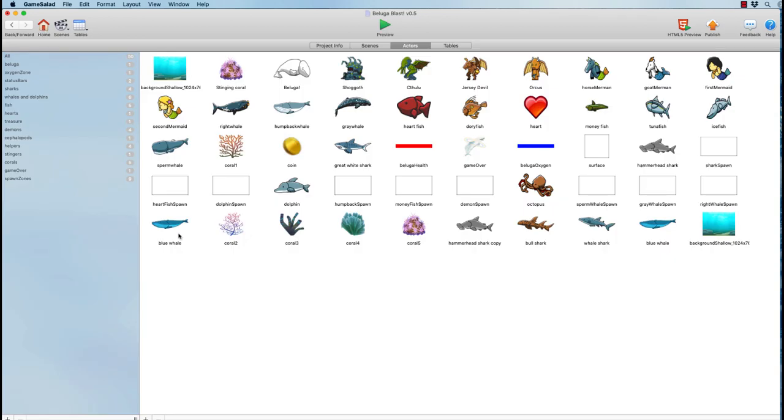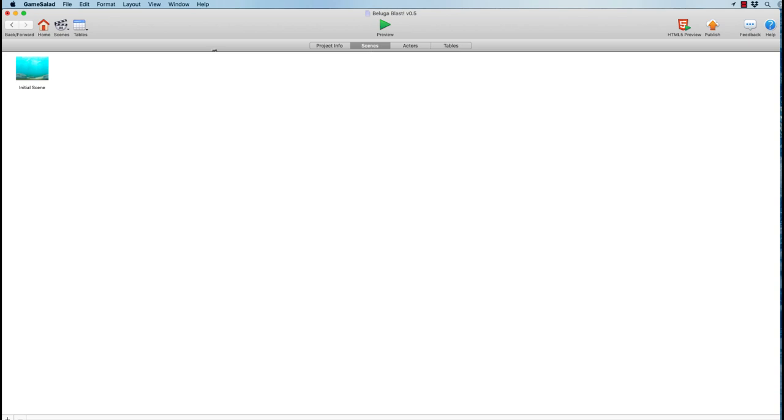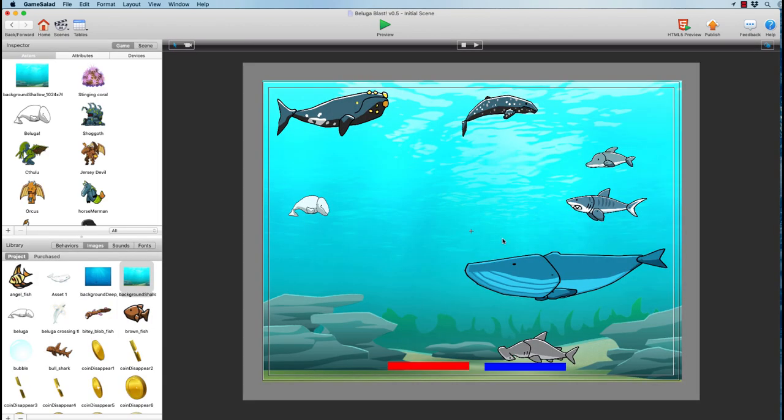So one of the ways we can do that is to use something called spawning. And the idea of spawning is if you have a scene, like our scene here, you can create spawn zones that exist over here, sort of off the screen someplace. Here's one.